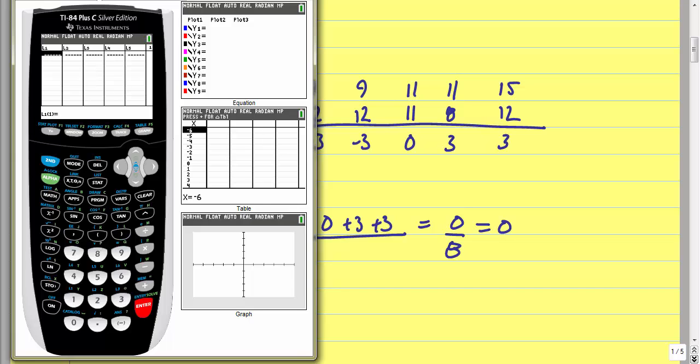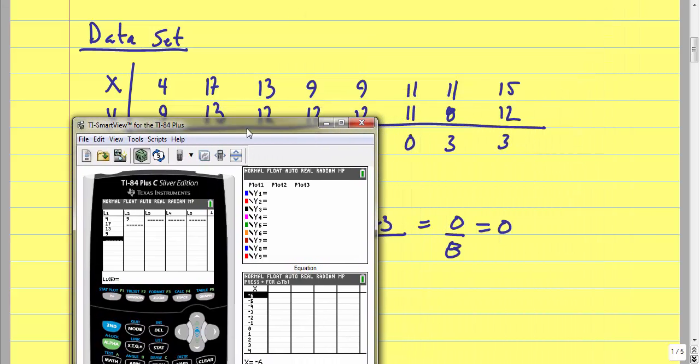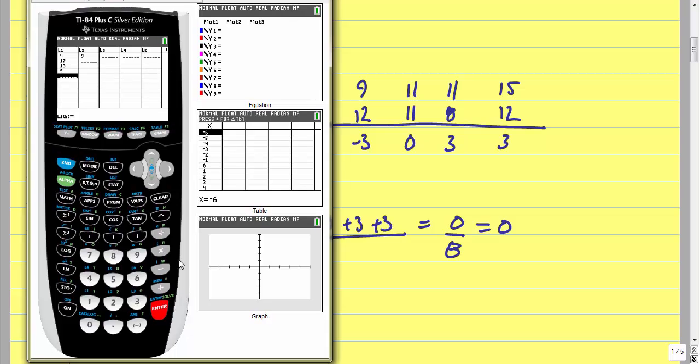And then what we want to do when we enter this is we want to make sure we enter them as pairs. So our first pair would be 4 and 9. Now you don't have to jump back and forth like this to enter the 4 and 9 at the same time, but we need to remember when we get done that the 4 has to be across from the 9. So we could just enter the entire row, the 4, 17, 13, 9, and then we have another 9 and 2 11s,